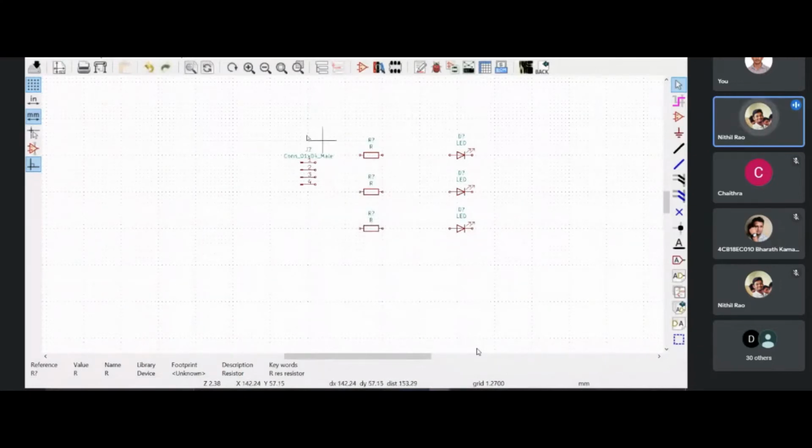And yeah, so continuing with the thing, the resistor, I'll just copy it and I'll place it because I need three resistors, right? So I'll keep it over here. All right. So now the circuit has been built. I mean, the components have been placed. The thing I have to do is I have to connect it.